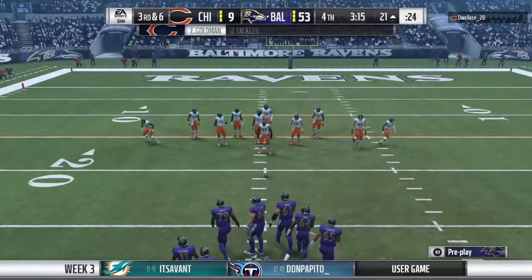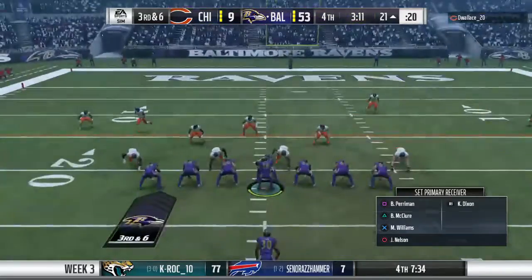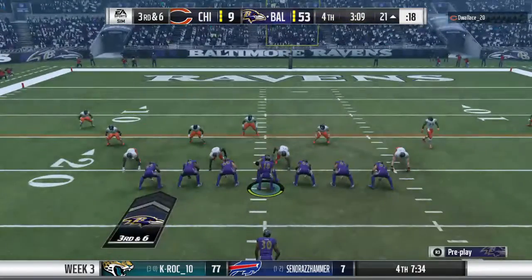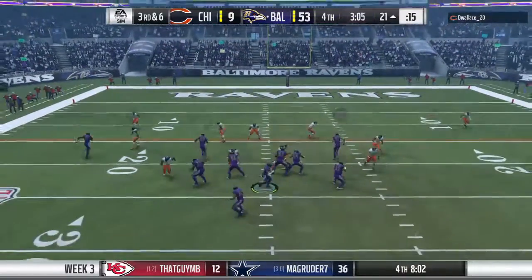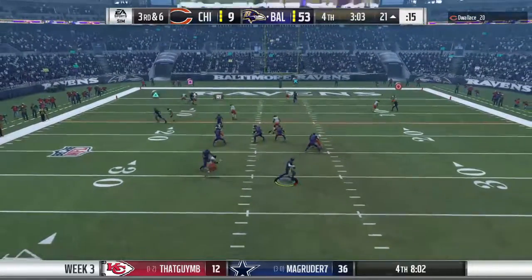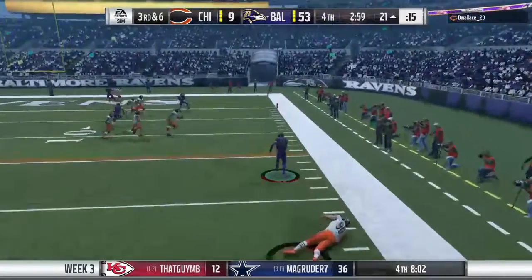On a 2nd and long, it's really nice to see an offense that has enough confidence to run the football in that situation. I think that goes back to their practice and game planning. They've seen things on tape and in previous games that led them to believe that even in a long-distance situation, they can still run the football and gain enough yardage to put themselves in a good spot